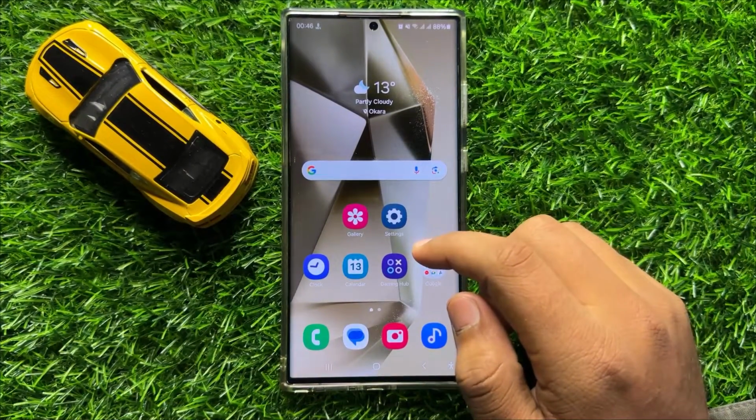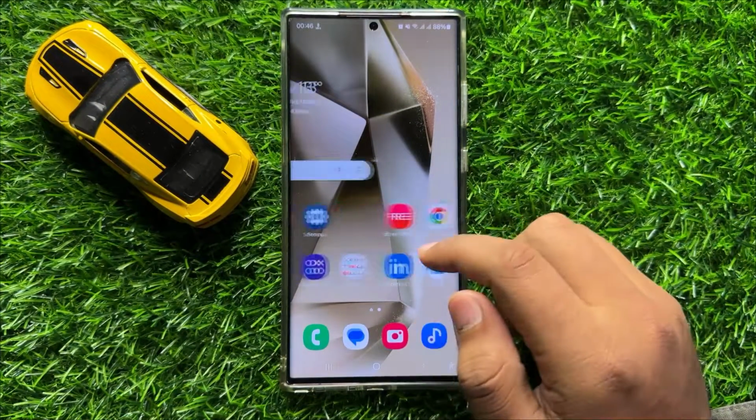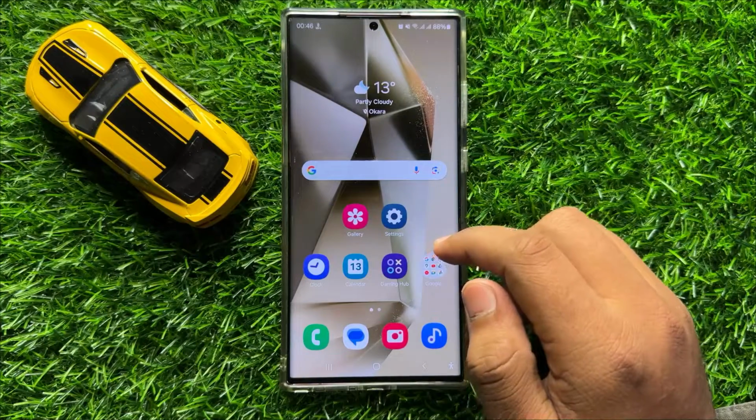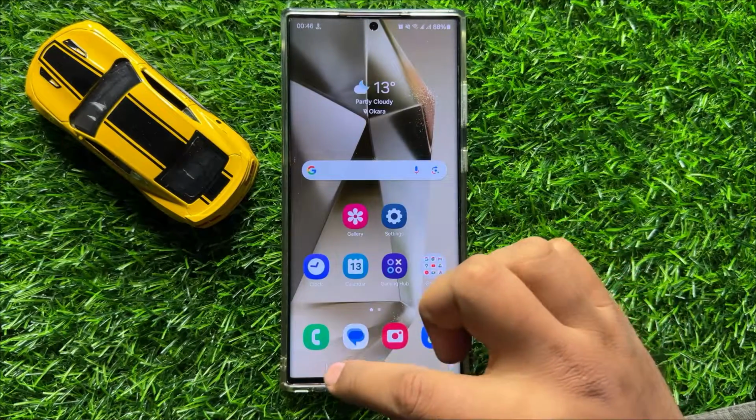Hello everyone, in this video I will show you how to fix the screen dimming issue on Samsung Galaxy S24